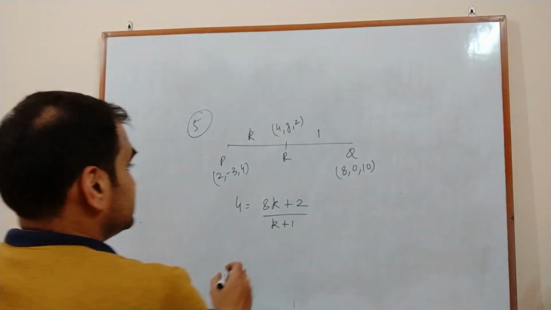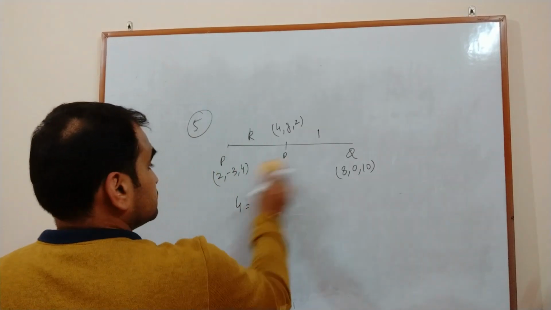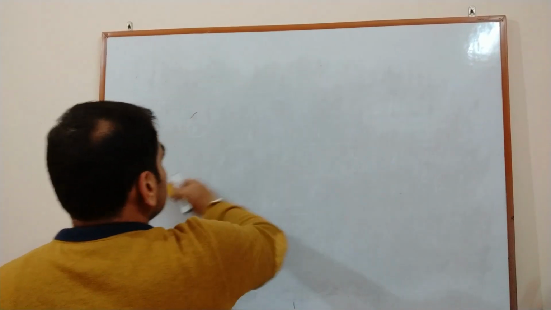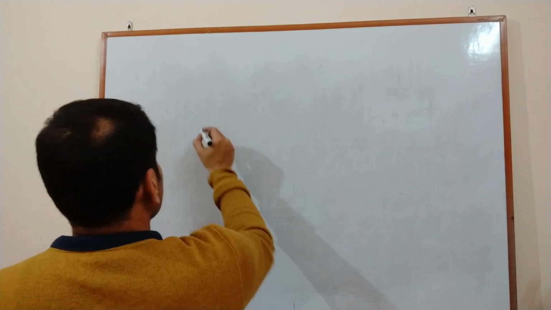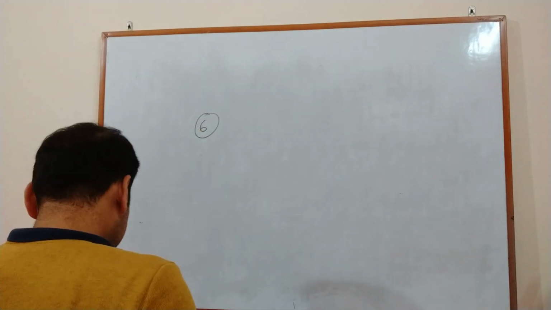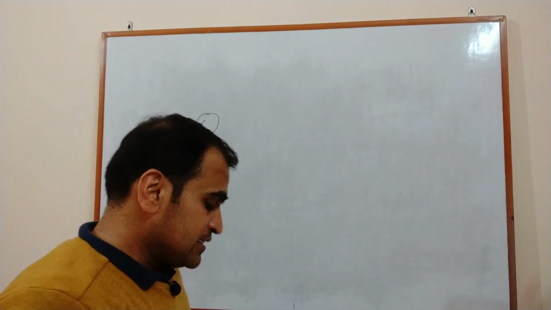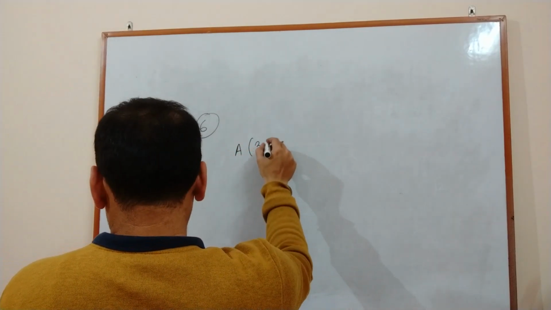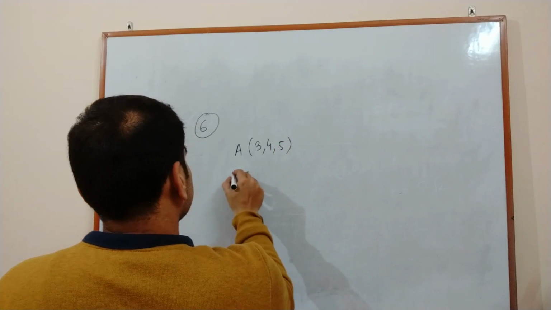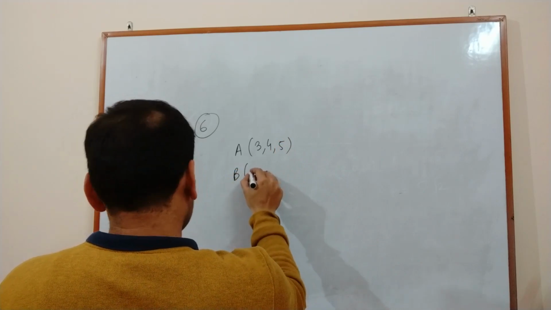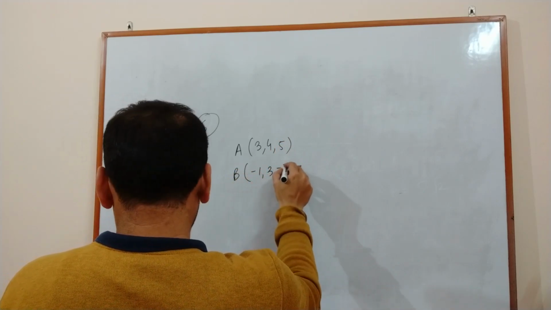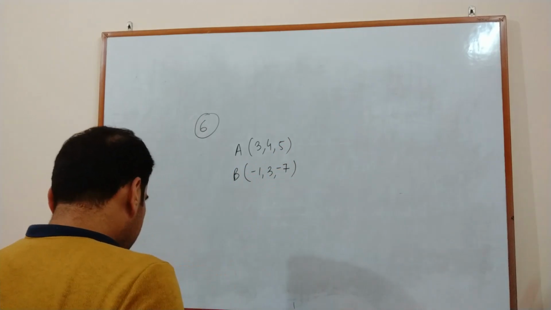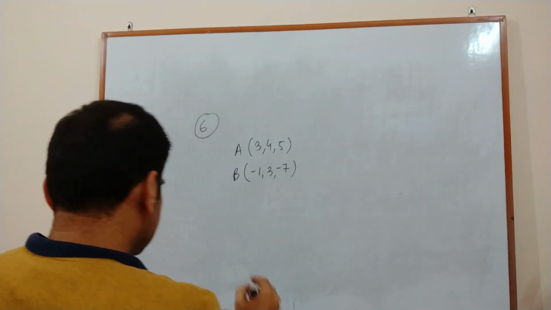Question number 6. If A and B are the points, so we have 2 points A and B. A is given as (3, 4, 5), and point B is given as (-1, 3, -7) respectively. Find the equation of the set of points P such that